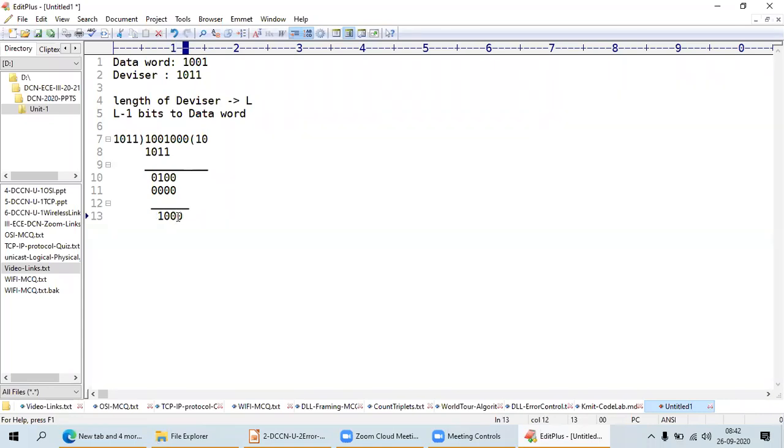1 triple 0. Now my resultant starts with 1, so I am going to take the division with 1. What is that? 1 0 1 1. Okay, is it clear? Till now, binary division.